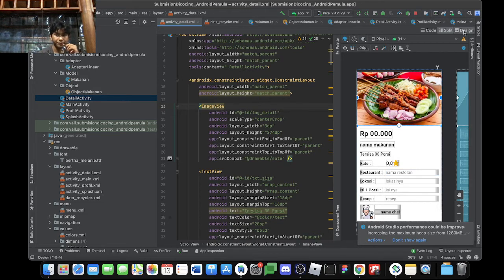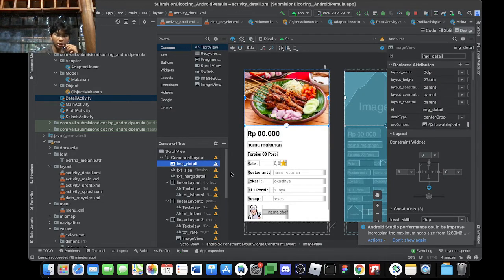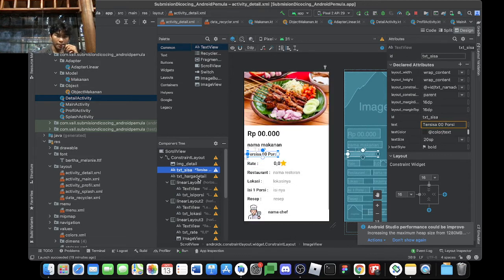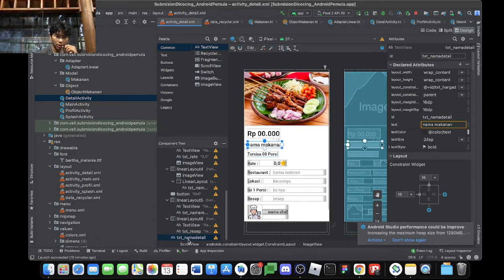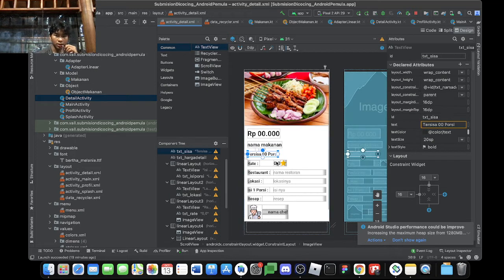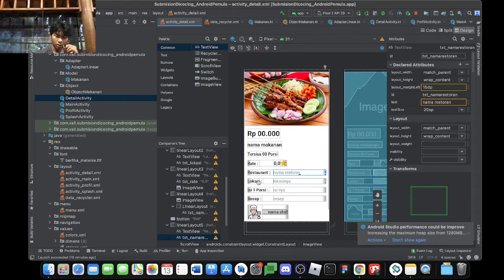So yeah, here image detail, txt cost, here txt name of the detail, the rate. The widget that is used to move with an object needs an ID.